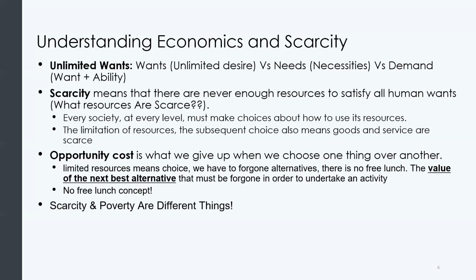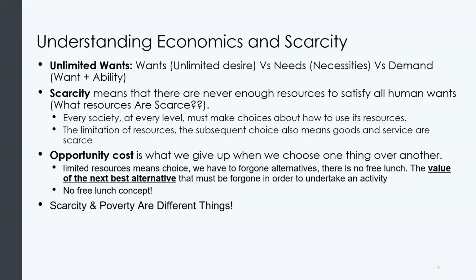All right, so key terms that you need to understand when we are defining economics. The first thing is what we call unlimited wants. A want is a desire. For example, me as James, I want a Lamborghini. I desire to have a Lamborghini or a G-Wagon, whatever car that you like. A want is a desire that you have as an individual.